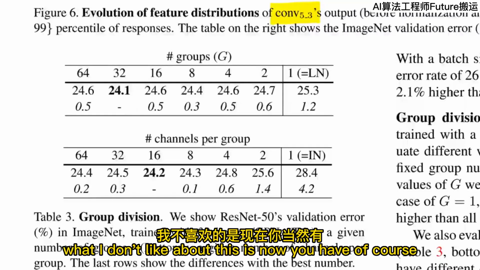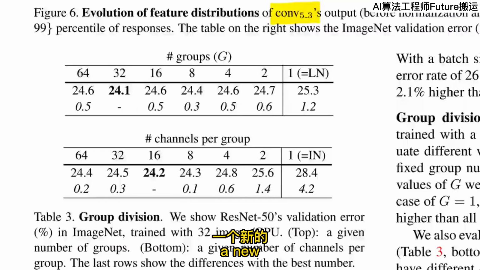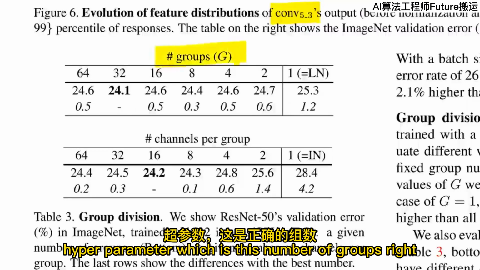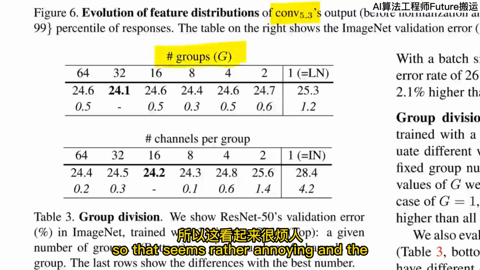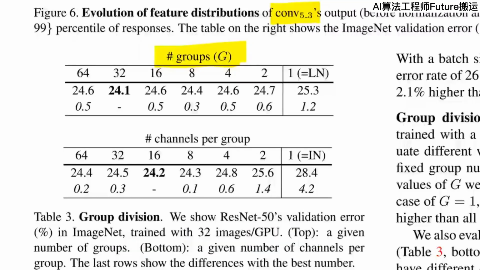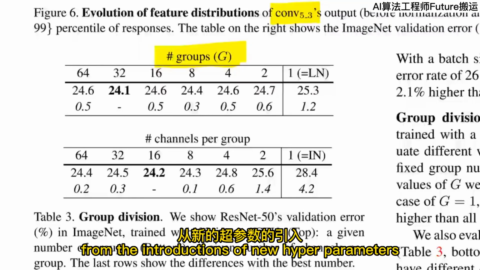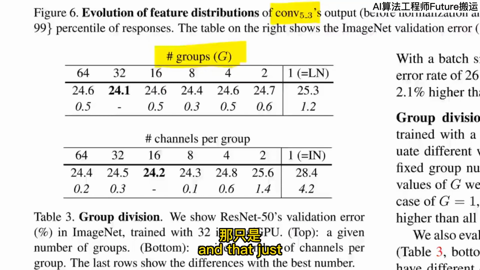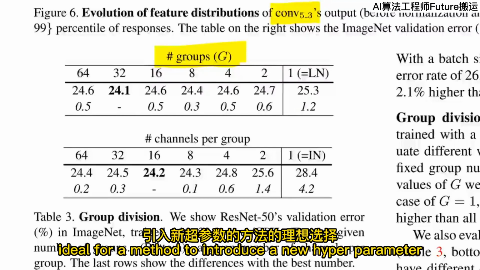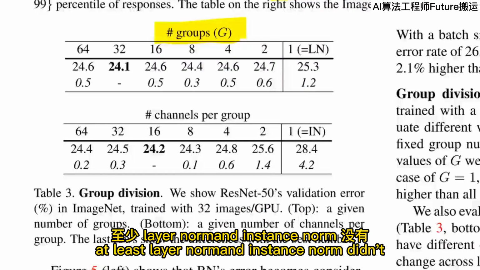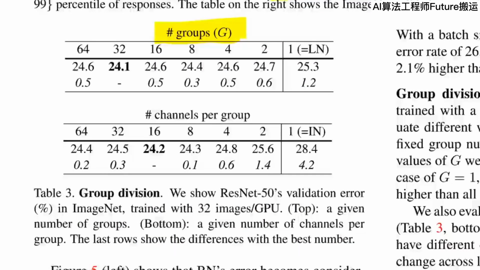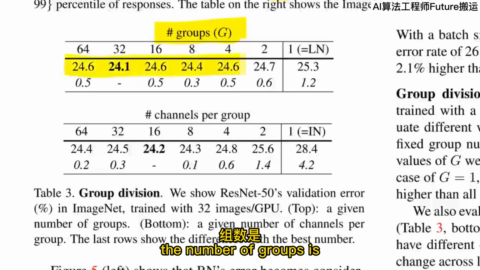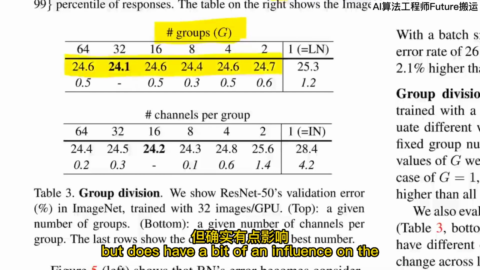What I don't like about this is now you have, of course, a new hyperparameter, which is this number of groups. So that seems rather annoying, and gains like this usually come from the introduction of new hyperparameters, and that's just not that ideal for a method to introduce a new hyperparameter. At least layer norm and instance norm didn't. And now, as you can see, the number of groups is not super influential, but does have a bit of an influence on the